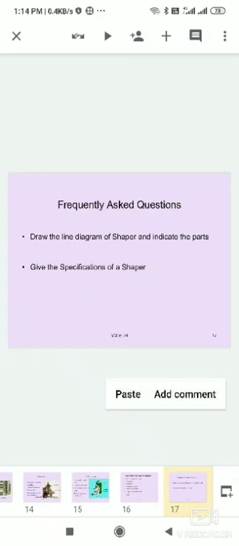Give the specifications of the shaper is also very important for the main examination. We learn the specifications, and it is also useful for competitive examinations, for example the ESET exam, board exams, and government job sector exams.